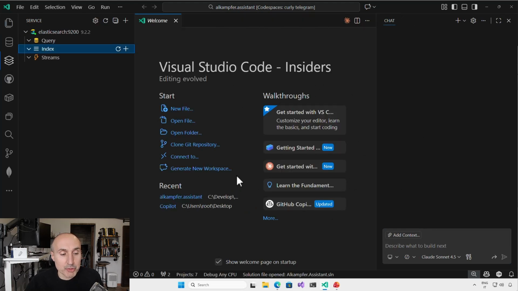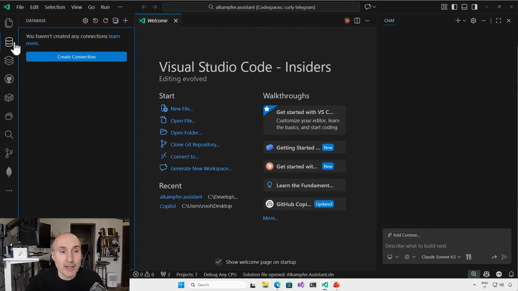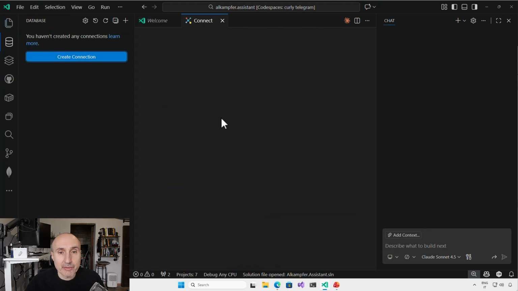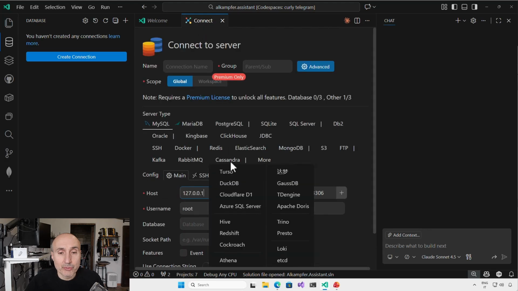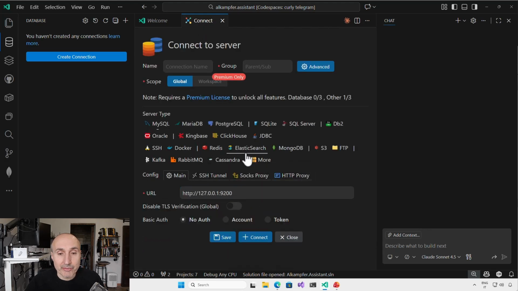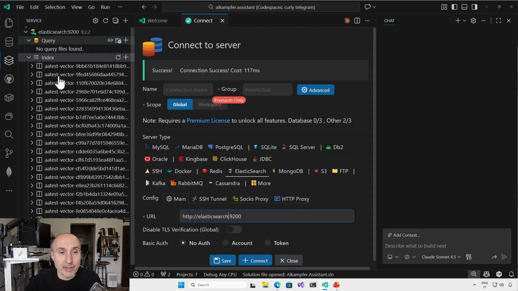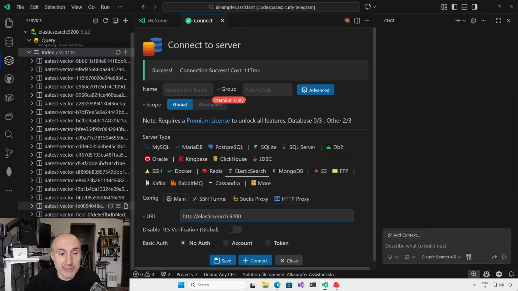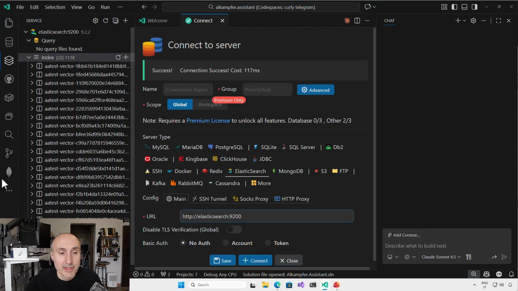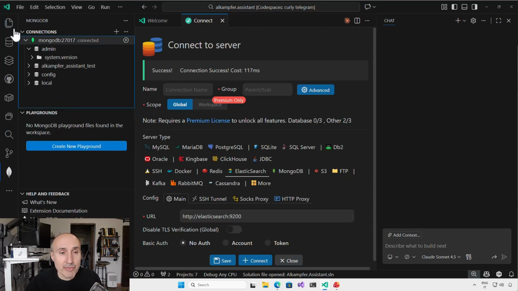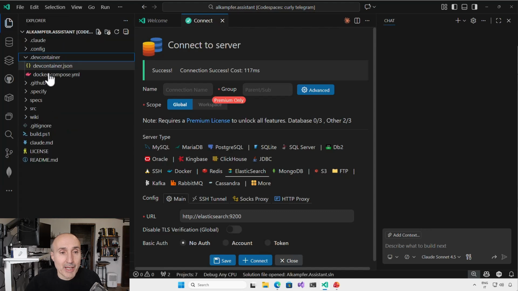Once the codespace started, the very nice thing is, as you can see, I have a sort of tool connected, so I can create a connection and connect maybe to my Elasticsearch. So I have an Elasticsearch container, and as you see, I have an Elasticsearch instance. As you can see, I have a test instance. I have a MongoDB instance, and everything is created thanks to my specification written in the .devcontainer